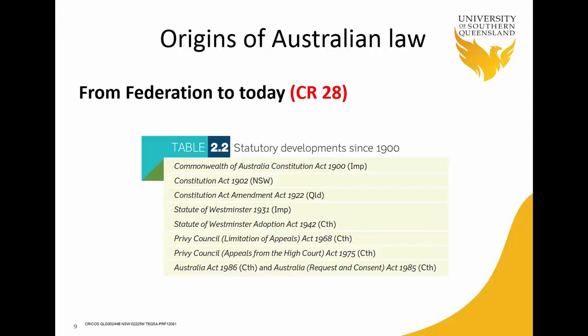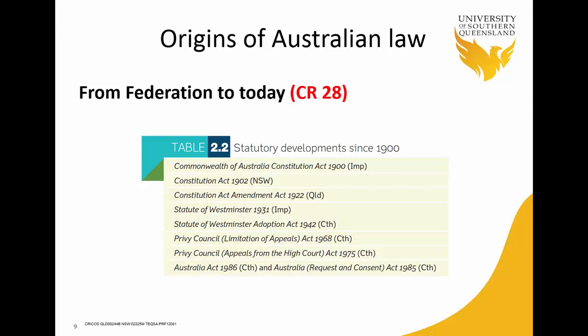So it was only the Commonwealth Parliament that could pass legislation to the effect of amending or repealing English law, but the states had to wait until 1986 to get that right of amending and repealing. But then let's move to the Privy Council Limitation of Appeals Act of 1968, and this basically abolished the